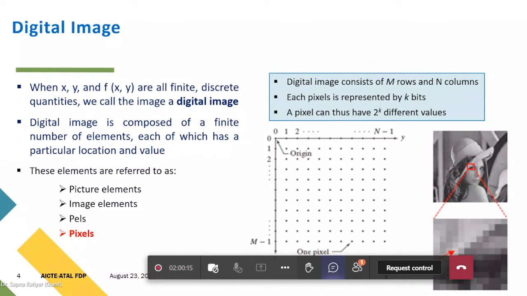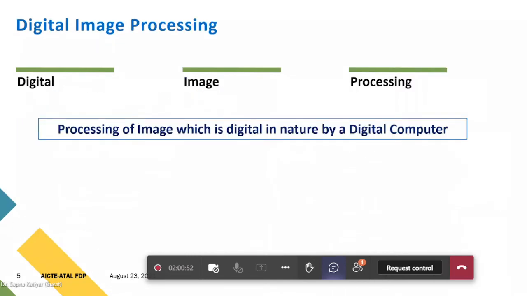This is how you can define a picture. Similarly here, in the picture of this girl, one pixel is being highlighted, and you can see a certain value at this particular coordinate. This is the intensity or gray level being pointed out. So this is how you can define what digital images actually are. Now we know the image and the digital image. The third and most important term is digital image processing.